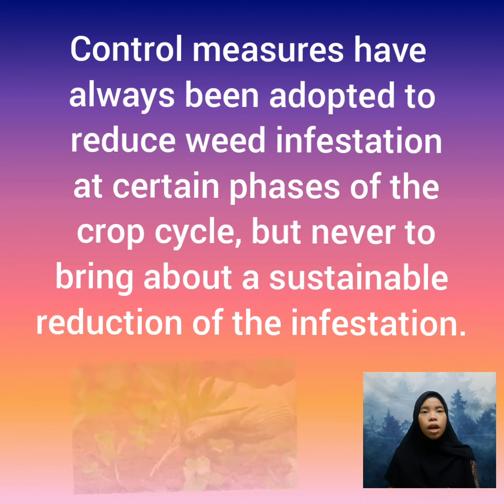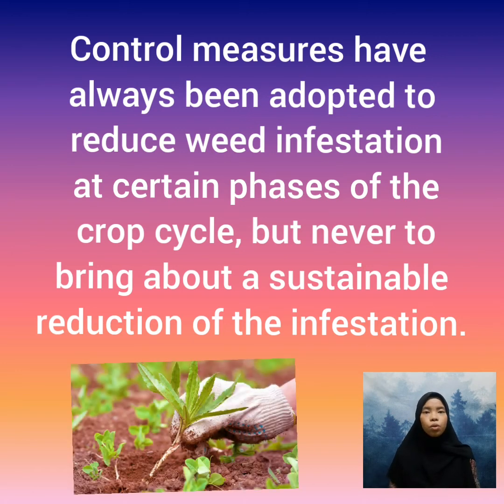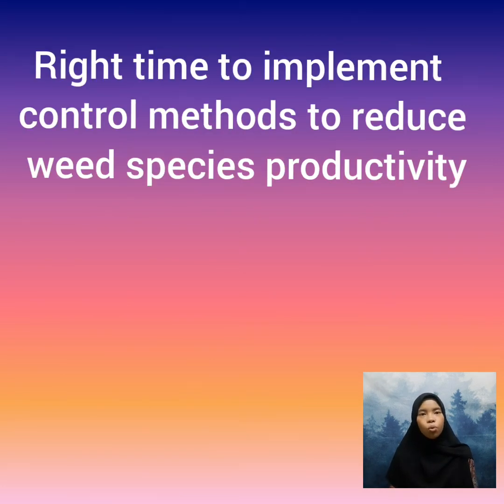Control measures have always been adopted to reduce weed infestation at certain phases of the crop cycle, but never to bring about a sustainable reduction of the infestation. In order to know when is the right time to implement the control method to reduce weed species productivity,